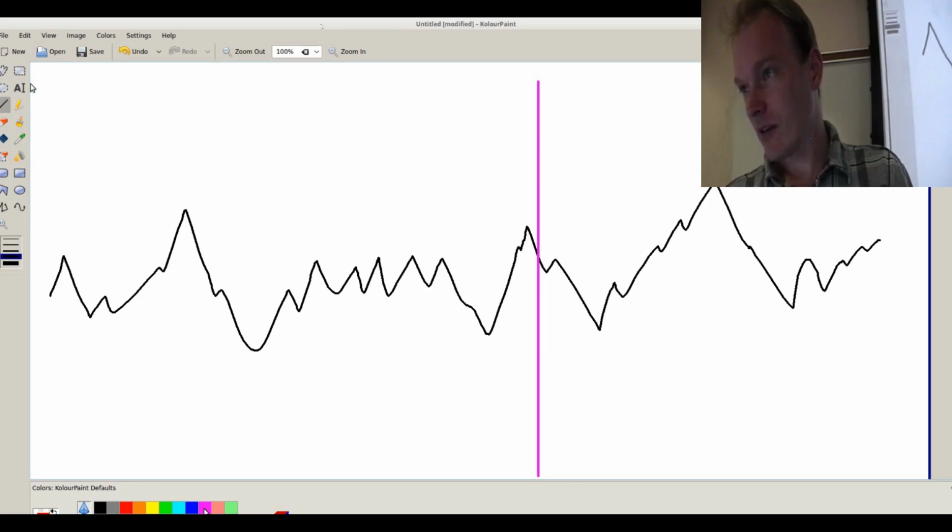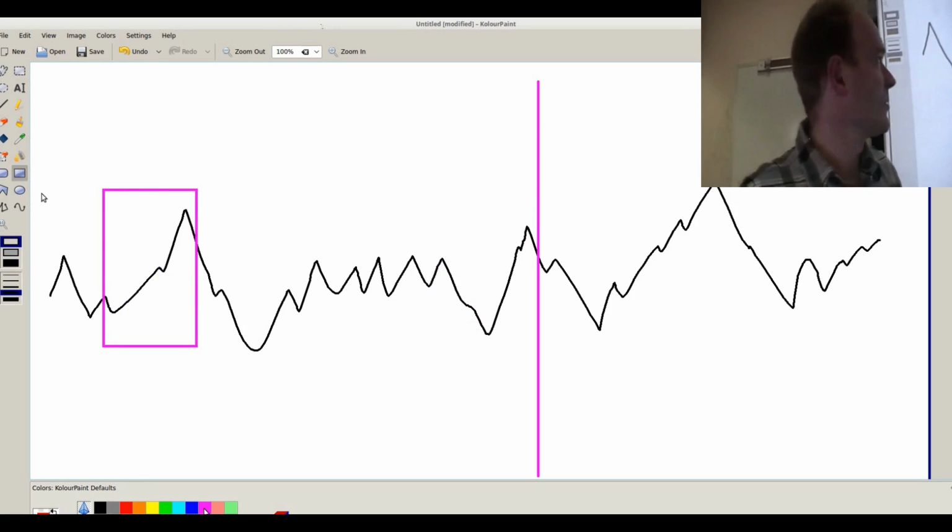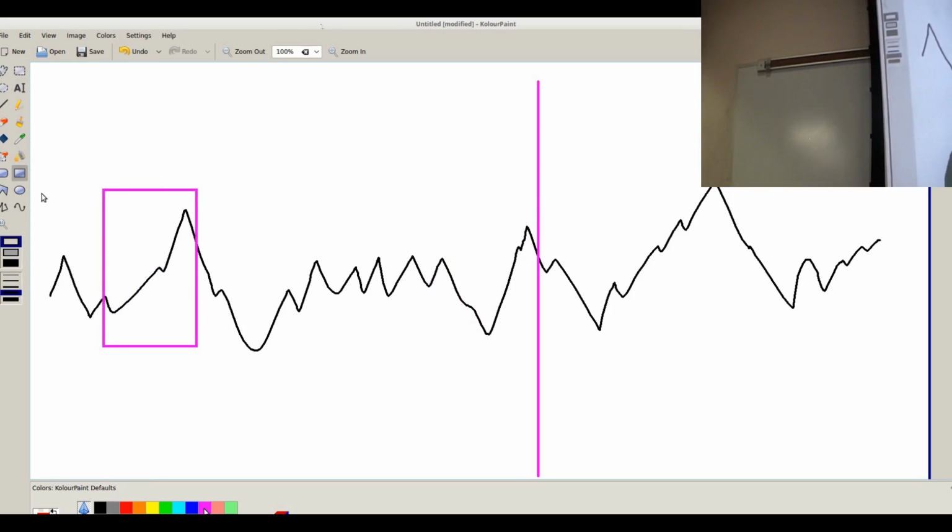Well, have we ever seen anything like that before? Sure, kind of right here we did. And so the model can say, this is kind of like that, therefore what happened right here is probably what's going to happen right there. And it turns out it didn't foresee that bump, and so it made a bad prediction, but it could have worked out.